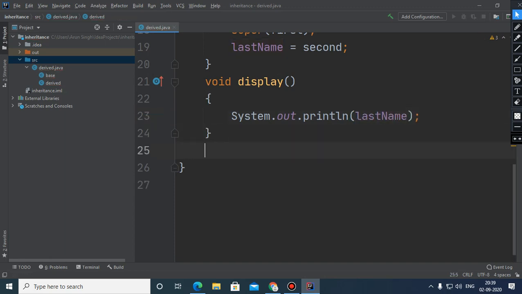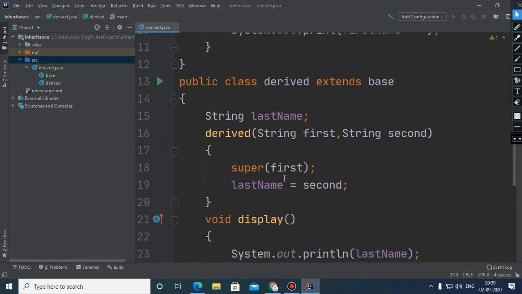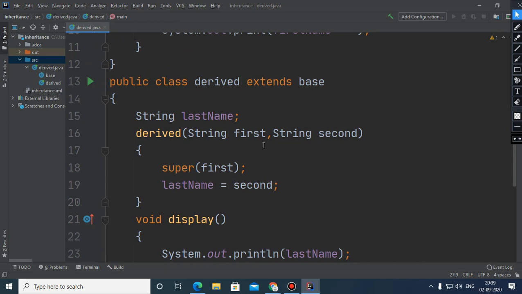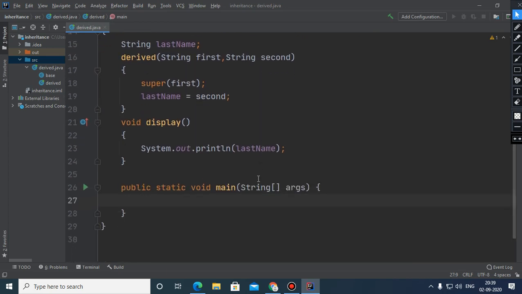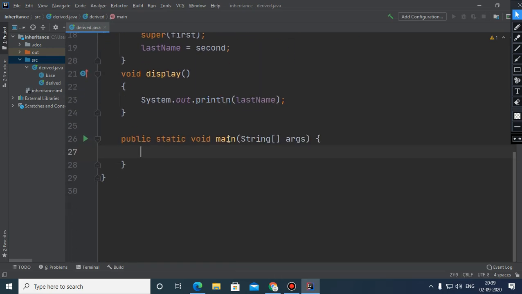And here this is the main method, and within the main method you need to create the object of the derived class.